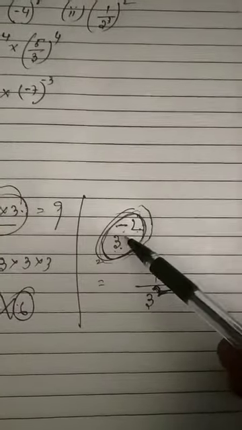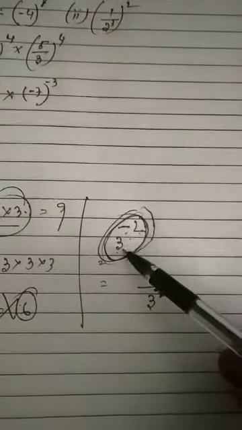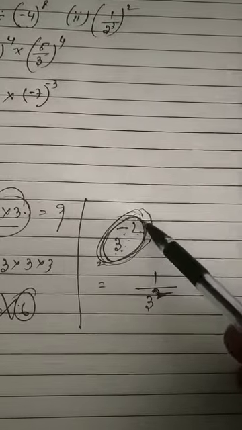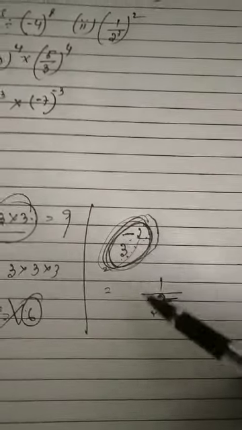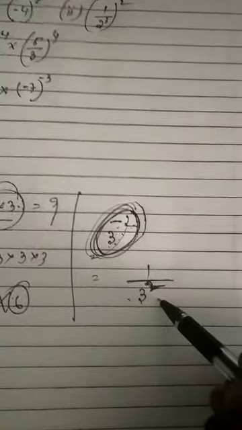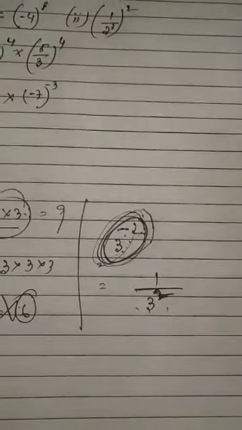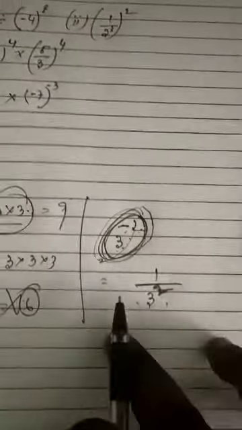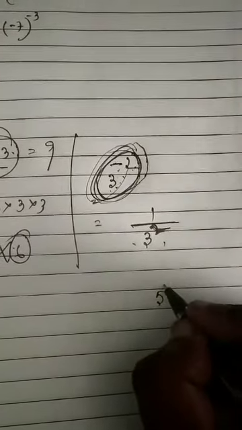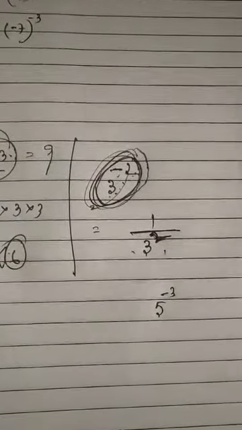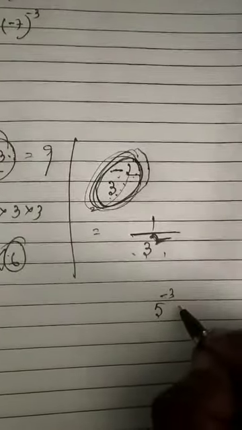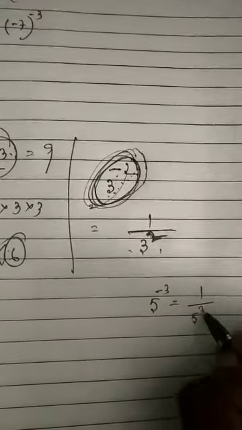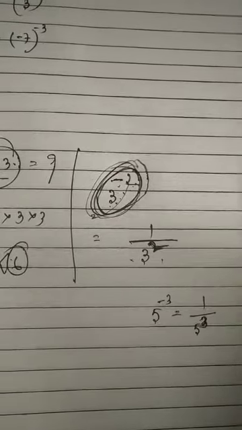As I have written 3 to the power minus 2, it means this entire value is in the place of the denominator. So when the value is in the denominator, sir, what will be in the numerator? Nothing, which means 1. Suppose I'm saying 5 to the power minus 3. Suppose I'm giving this number myself. 5 to the power minus 3 means 1 by 5 to the power 3.